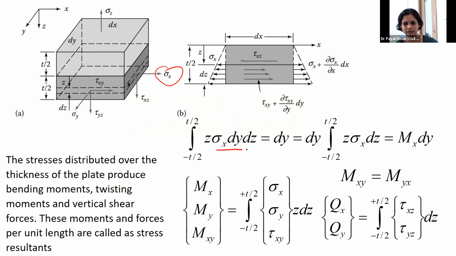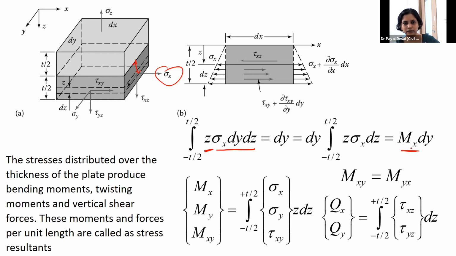First I multiply this with the cross-sectional area to get the force, and then there is a lever arm, that's z. You multiply it with the z and integrate it from top to bottom, and you get your replacement of the moment. When you integrate this force over this surface, you get the moment, that is the bending moment,